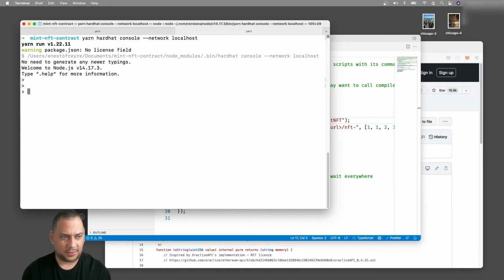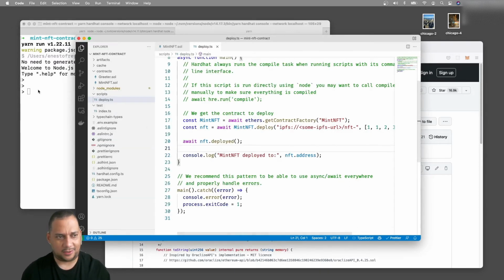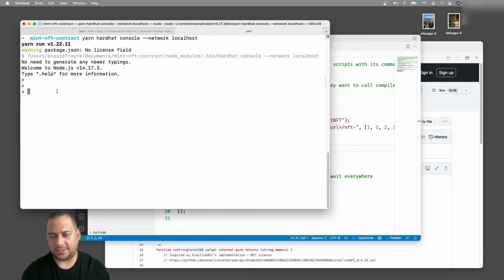Here we are. So this is a JavaScript console, meaning it's basically JavaScript. It already has ethers pre-installed. So all the commands that we run here, we can also run in the console. So technically, we could deploy our contract directly in the console. What we're going to do is attach a contract interface to the running contract, and we will start calling commands on that contract.